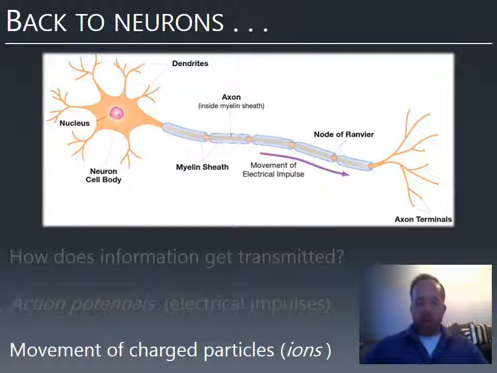And so what is an electrical impulse? Well, that gets down to the idea of what is electricity. And electricity is just the movement of charged particles. Now, in an electrical device, something we plug into a wall, it's electrons that are moving. But in neurons, there are charged particles called ions that are moving. But either way, as long as you have some charged particle, whether it's an electron or a whole atom, an ion, if it's moving, it's generating an electrical current. And so that movement of electrical current is something we can detect, and it's how neurons transmit information. They transmit it electrically.